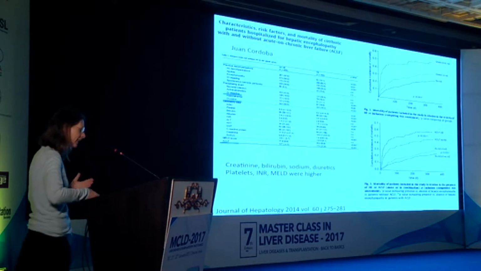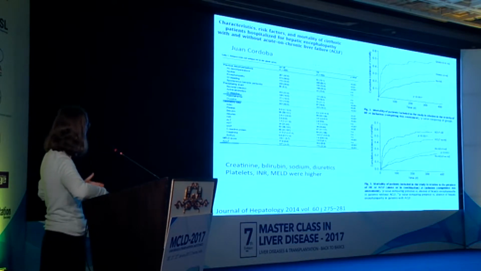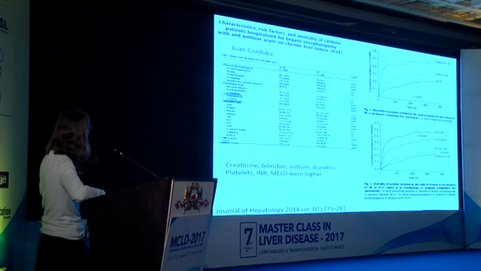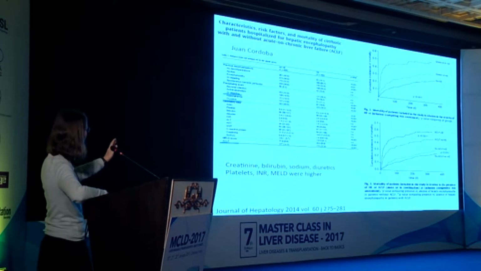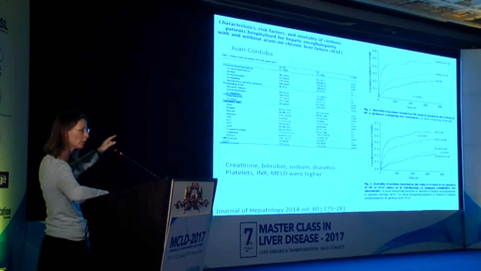I think this data is really interesting and worth considering, published a couple of years ago by Jan Cordoba, showing very clearly the characteristics of patients with encephalopathy. Perhaps the most important thing is the cumulative mortality that you see in the top right-hand side of this slide, that having got grade 3-4 coma, your chances of surviving is really going down quite rapidly